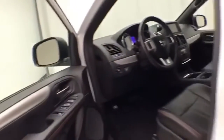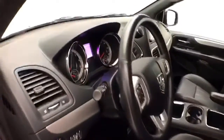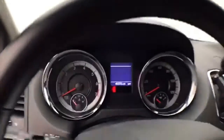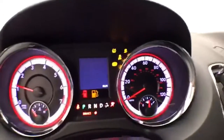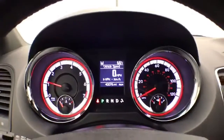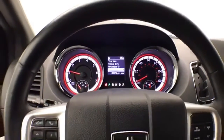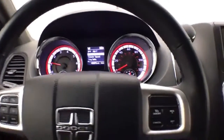This GT has keyless entry with remote start, power windows, locks, mirrors, power seats, along with a tilt and telescopic steering wheel that puts you in that perfect driving position. With driver information system, controlled by buttons on the steering wheel, cruise control,